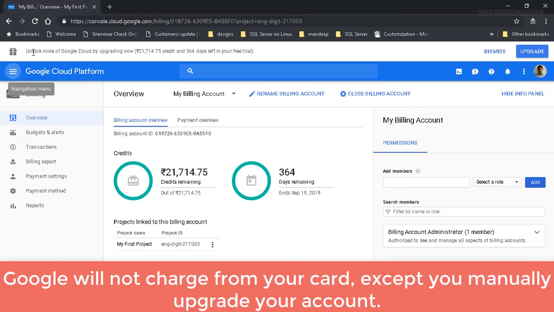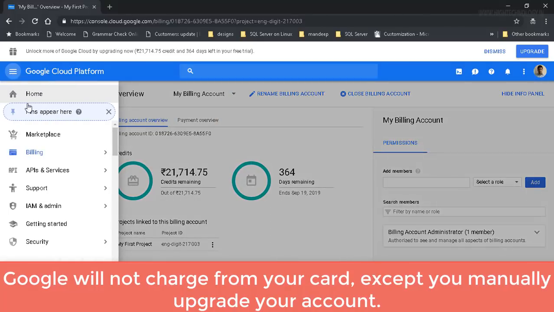Also here you can see that you can unlock more of Google Cloud by upgrading now. Here you can check it. If you want to close your billing account, you can close it by just clicking on this. So let's go to the home page,